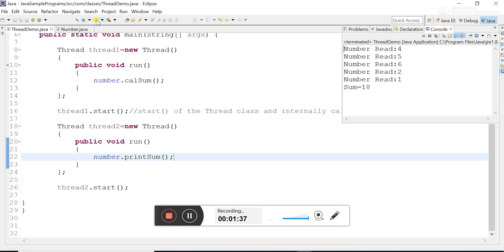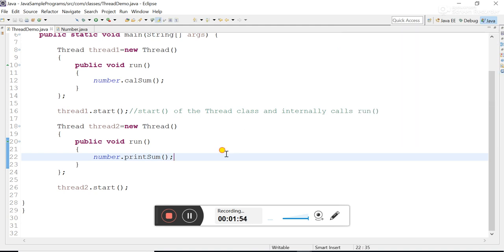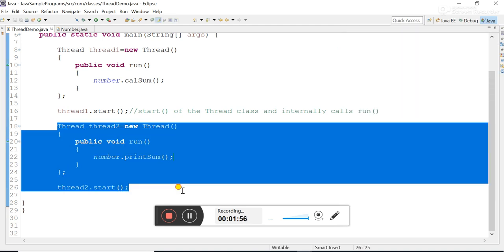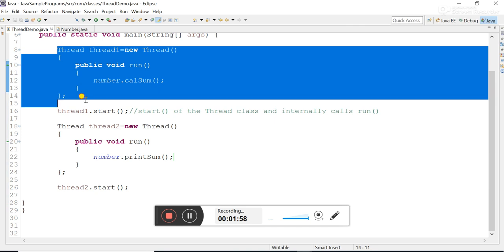All right. So now the numbers are read, then the sum is printed. But sometimes it prints the sum first, because this is the concept of multi-threading. There is no sequence followed. There are chances that thread 2 executes before thread 1, right? So how do we